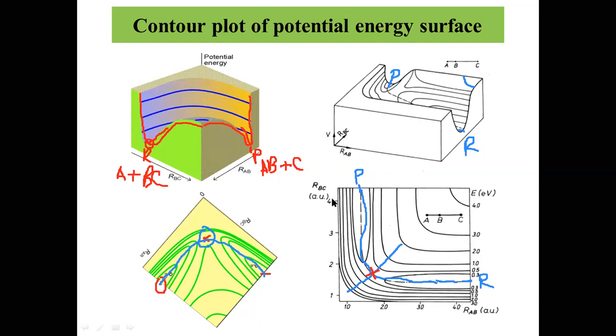Because when we discuss the dynamics, we will project the trajectories on this contour, because surface we really cannot visualize it. So trajectory will be plotted on this contour plot, and we will be able to visualize the dynamics. Right. Now, this is thermoneutral reaction. Now, how it will be looking like for a